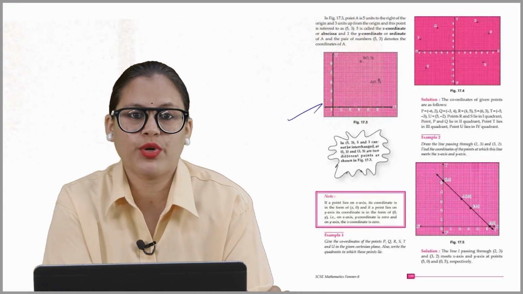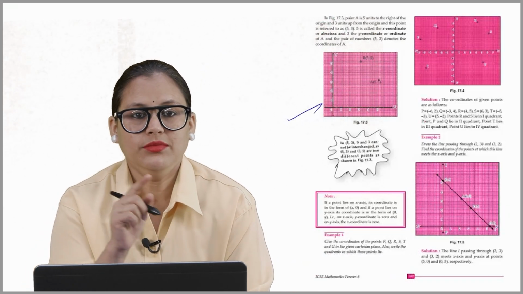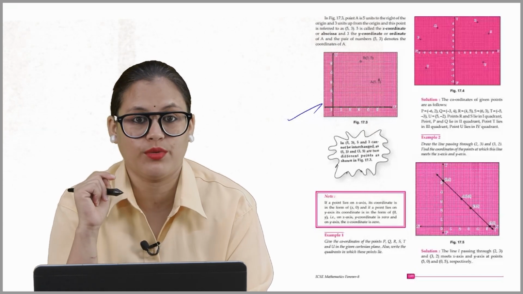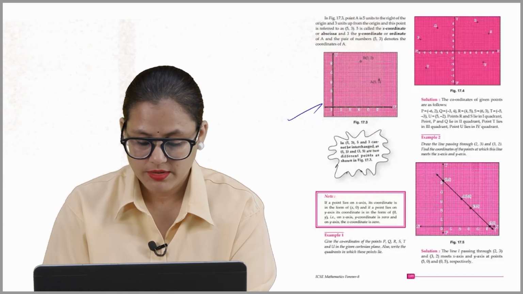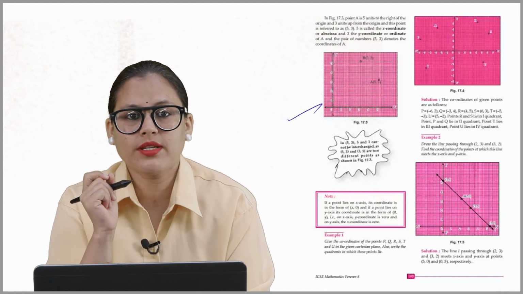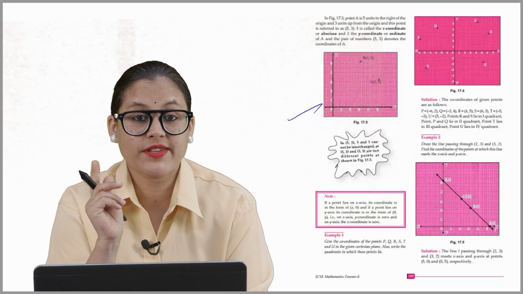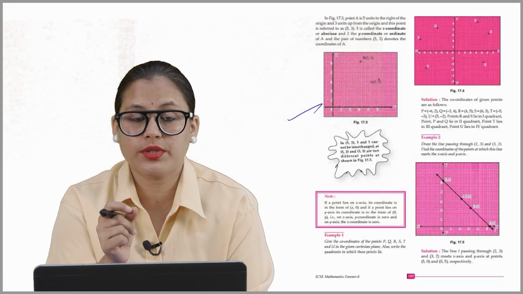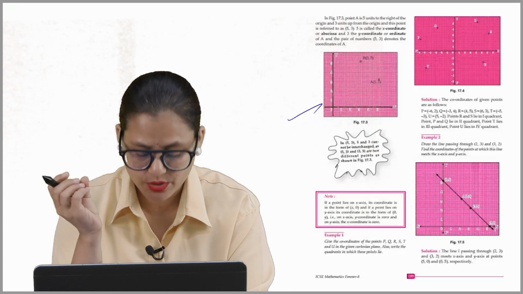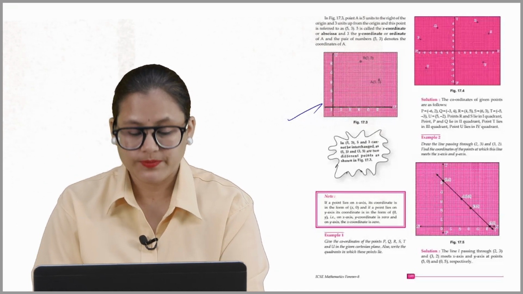So in figure 17.3, point A is 5 units to the right of the origin and 3 units up from the origin, and this point is referred to as (5, 3). 5 is called the x coordinate or abscissa and 3 the y coordinate or ordinate of A, and the pair of numbers (5, 3) denotes the coordinates of A. Okay. Note,